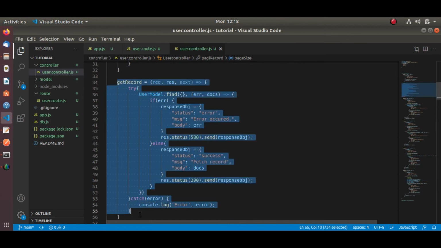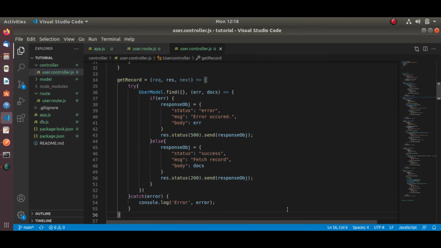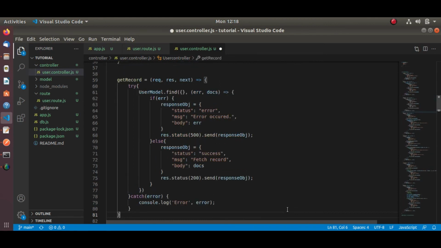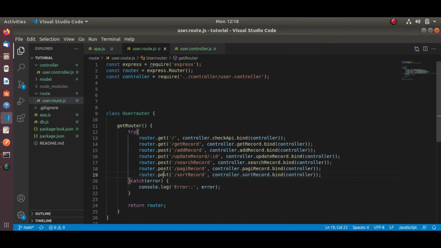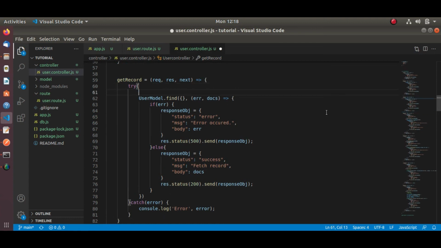So what is our objective for this functionality? We will fetch all records in descending order or in ascending order. So let's copy this get record method from the controller file and paste it again. Here I am using the get method.